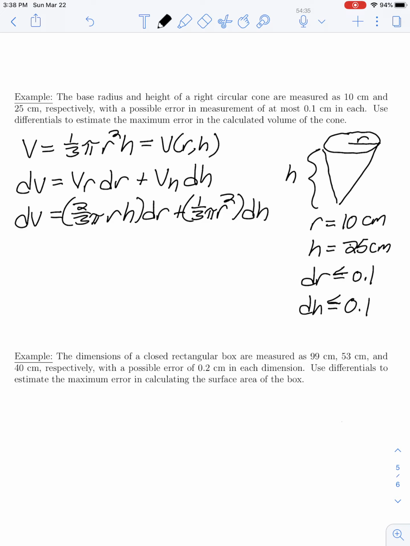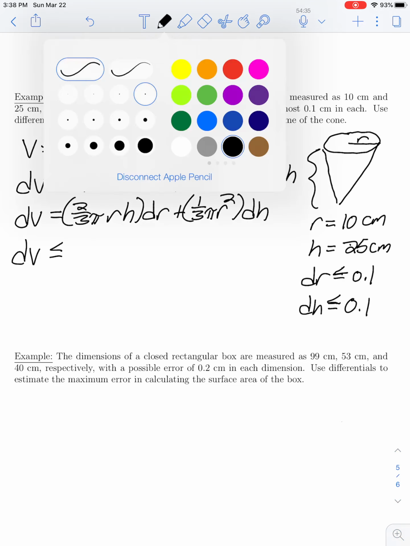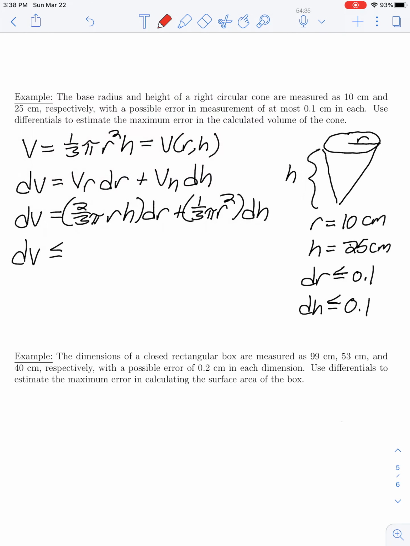Now, if we want to know the largest possible value in this differential, or our largest possible error, we want to maximize this differential, dV. So we know that the largest possible value it could take would be when we see the largest possible errors in our measured radius or height. That is, our largest values for dr or dh,